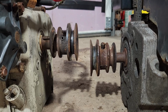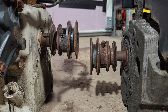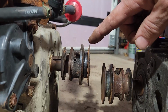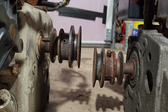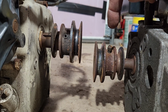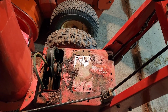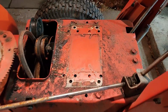And hopefully the engine mounting bolt holes line up. Otherwise, these two units look almost identical, and I think we'll be able to just leave this one on there when we put it on the new machine. So onward. Alright, so looking at the two snowblowers and where the engines were, this is where the Briggs and